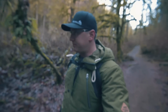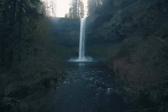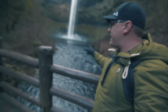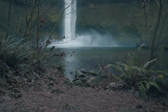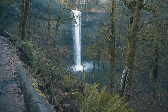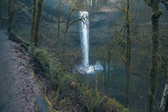I researched it. Okay, let's go up here and explain this. I can't believe how gorgeous these falls are, but I definitely don't want the bridge in the shot, and so I'm gonna go this way. I might end up on this side of the river, and if that doesn't work, I might have to scratch the leading lines thing, head over to the left side of the waterfall, and get an upper mid view looking sideways at it, which is usually the contemporary thing people try to do here,